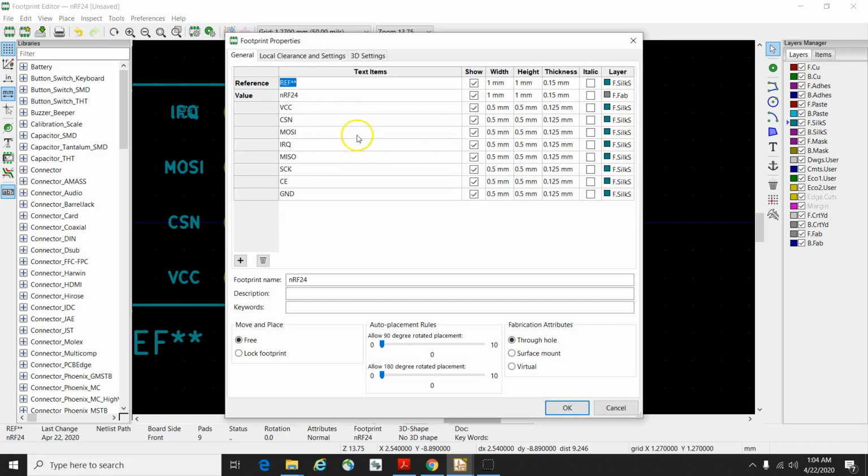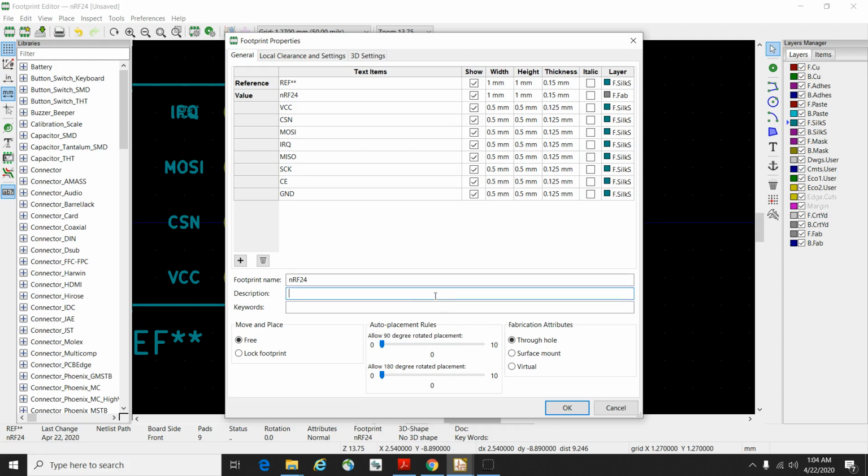This is going to give us a way to add some properties for the footprint if you want. You can see here all the pins are mentioned, and it looks like most of the things are already the way we want. In the description, if you want, you can add